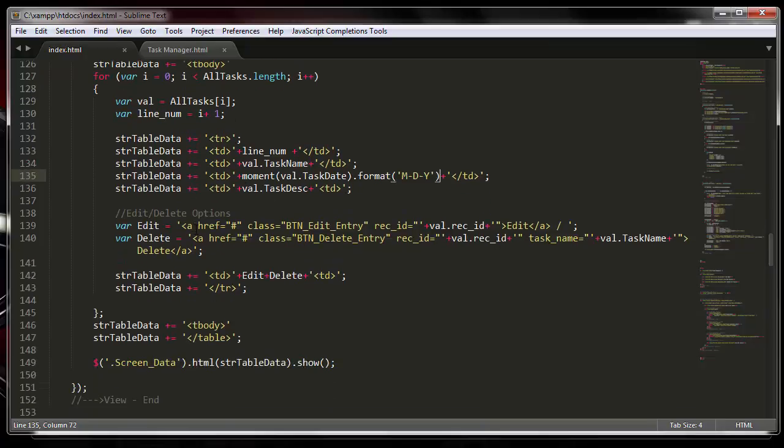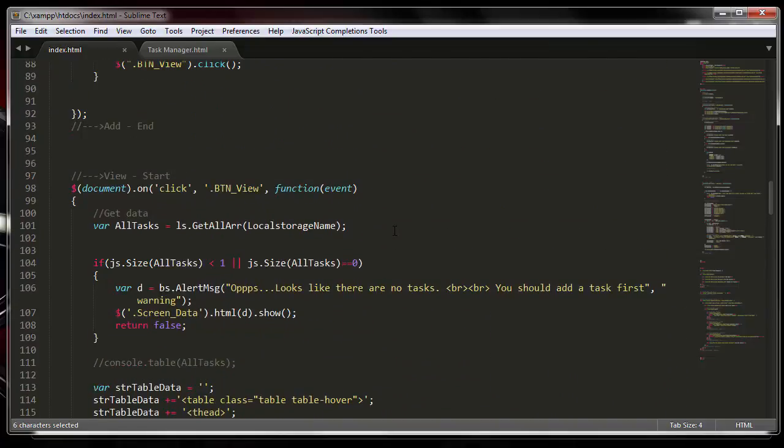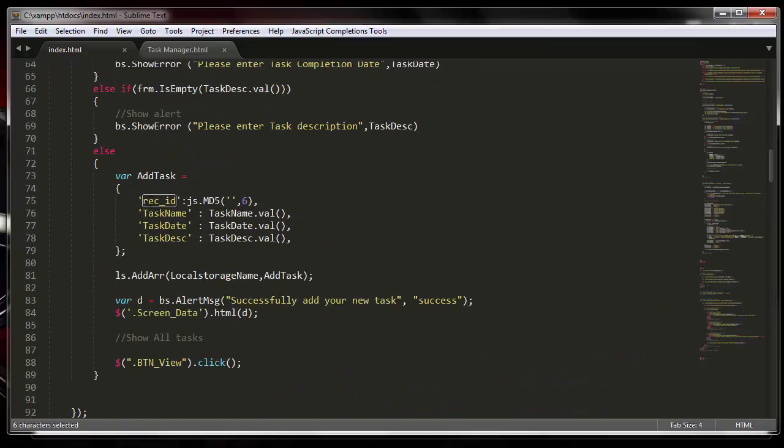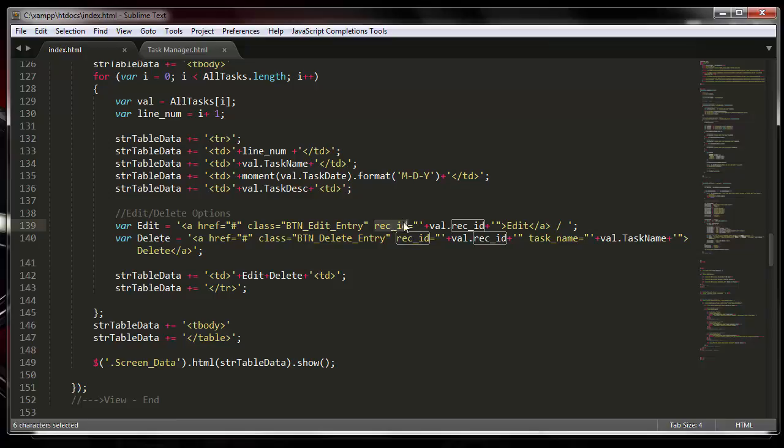All right, moving on. The next thing it does is add 2 different options. First is called edit, and this is just a link that says, hey, when someone clicks on this hyperlink, there's a function attached to it called edit. And then what I'm also doing is a record ID, let me go back up here, that we added here, which is just a random 6-character hash. So it's going to grab that record ID and assign it as part of the